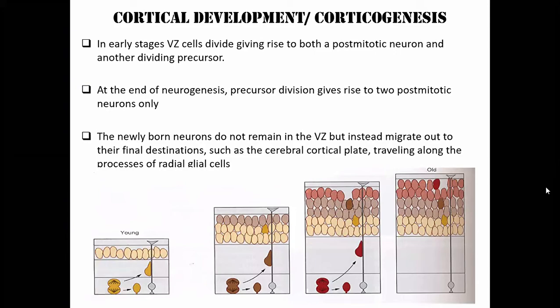Meaning to say, your neurons have migrated to the different portions of your brain, and each has a final destination, meaning your brain now has different portions or parts as your neurons develop and